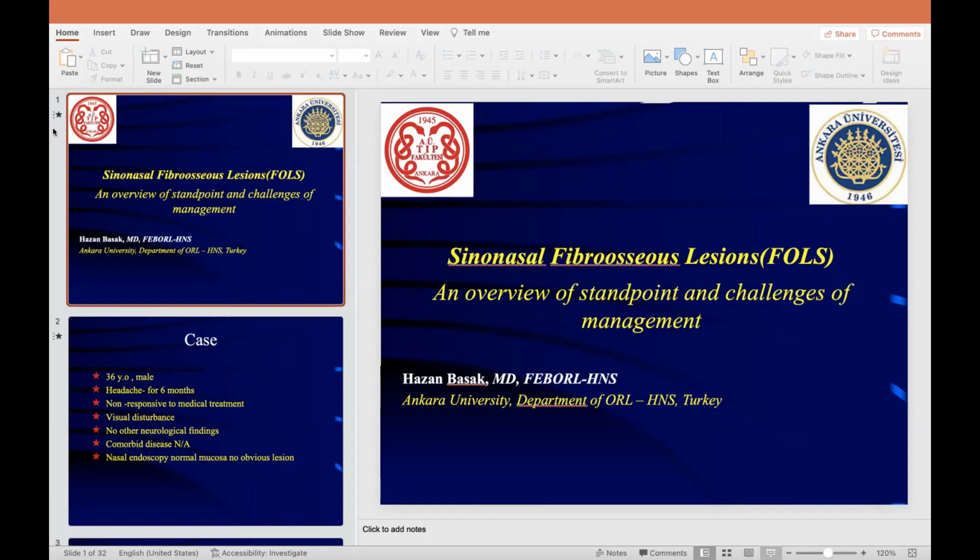Surgical aim is to complete tumor removal. Like we said, it's a benign tumor. If you can completely remove the tumor, there will be no recurrences. But what's important is to be able to remove it